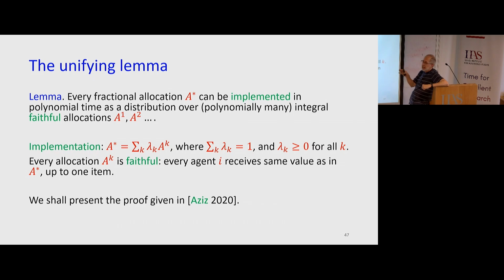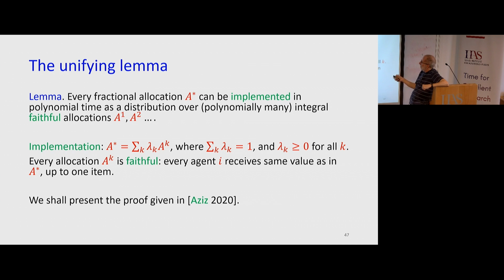And here's a lemma that is worth knowing, that every fractional allocation can be implemented in polynomial time as a distribution over polynomially many integral faithful allocations, as I said before. So what does it mean? Again, let me say, so you have this fractional allocation. I can write it as,